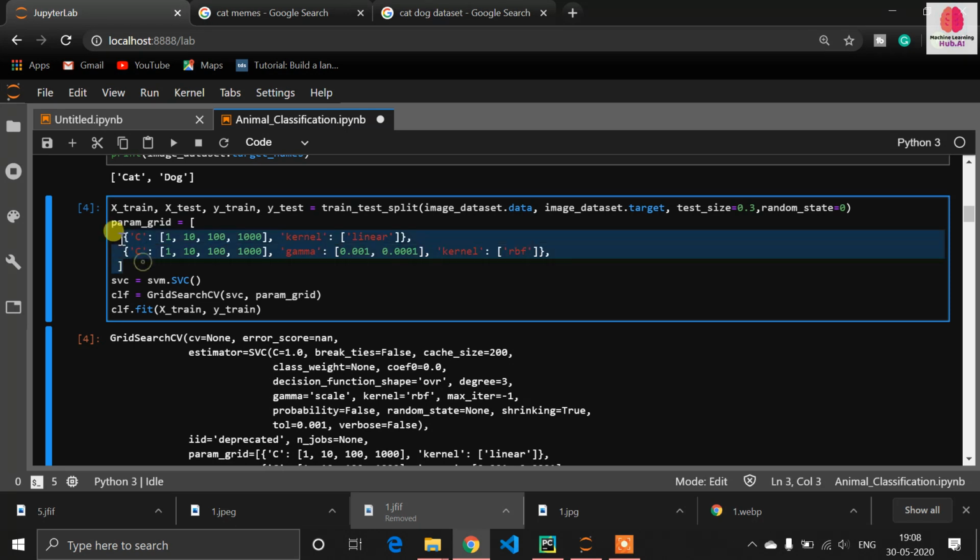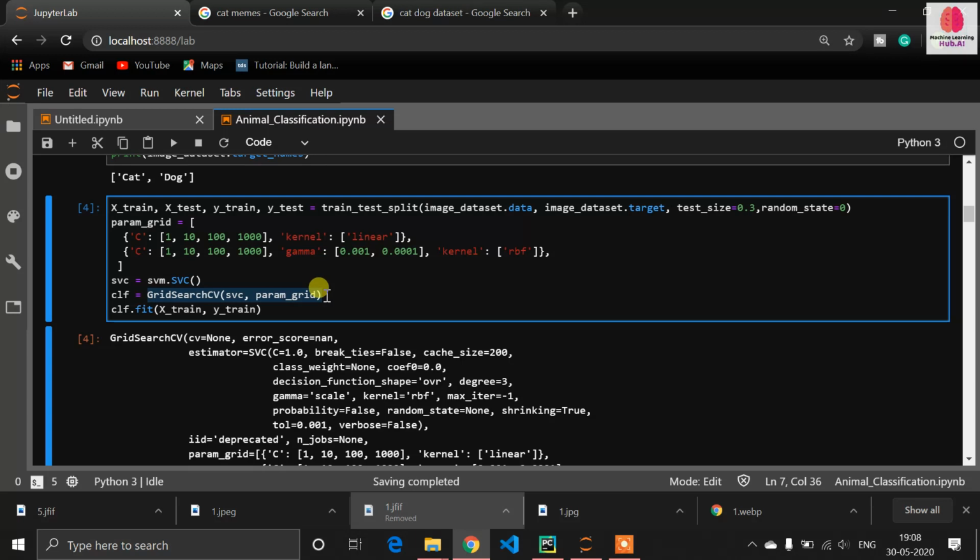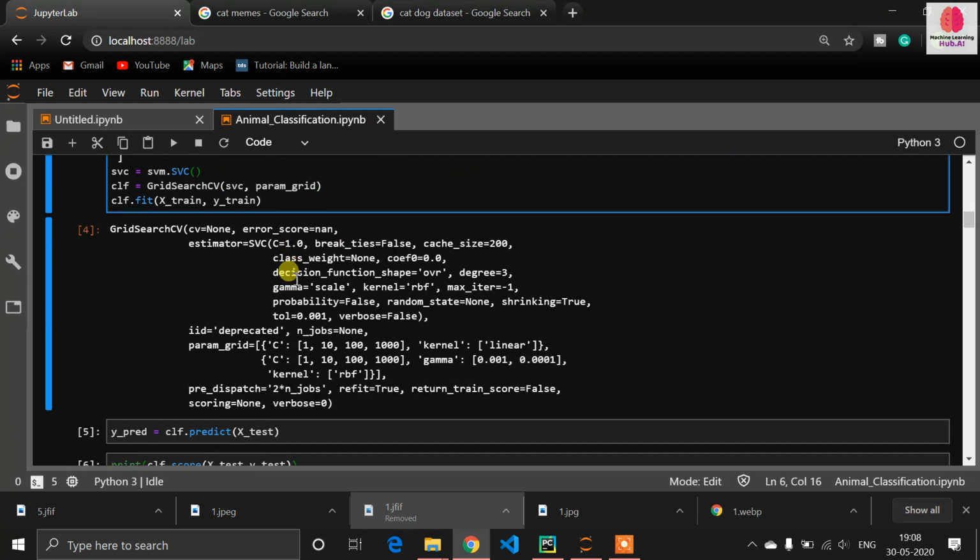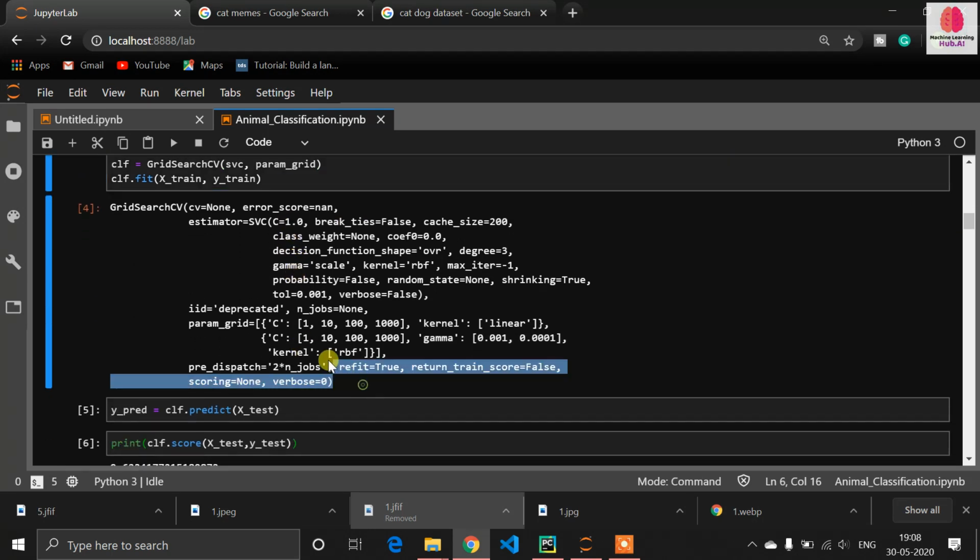Now in SVM there is a kernel technique. If you want to know it in depth, there are lots of research papers you can read. I am using GridSearchCV because I don't know which kernel technique will be useful for my dataset. So I am defining C, which is our parameter, and kernel in one dictionary, and GridSearchCV uses each and every kernel with different types of parameters, and chooses the kernel and parameter which is best for my dataset and my algorithm. After running, you can see my algorithm is fitted.